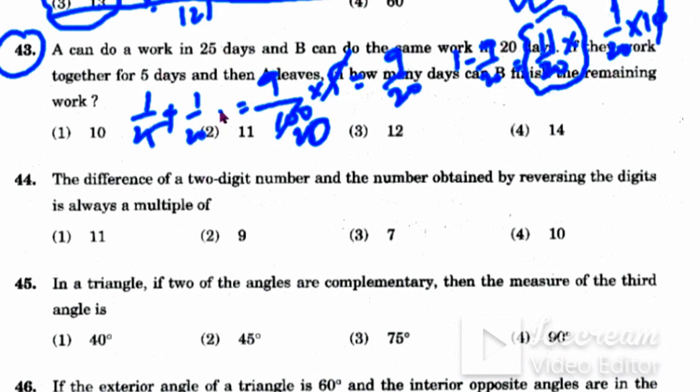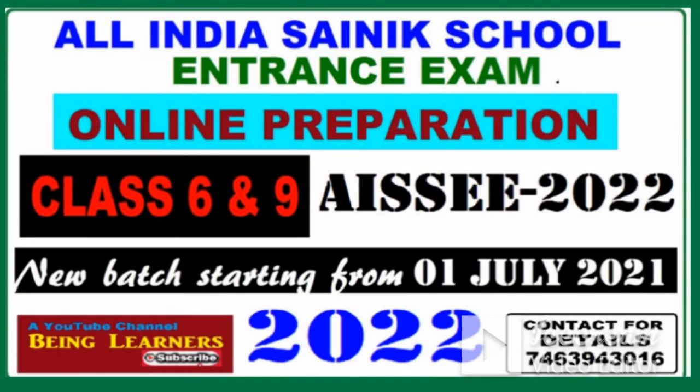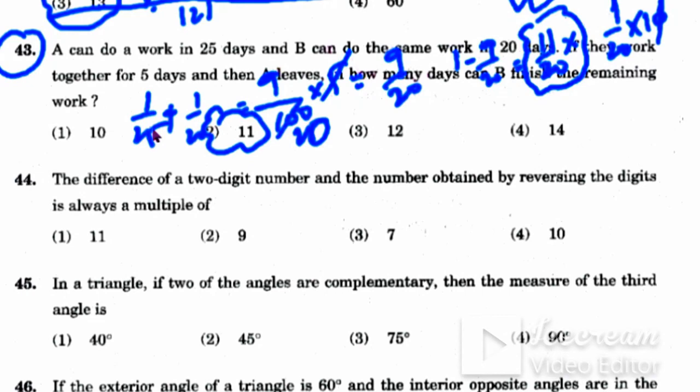Okay, so this is a very easy question. This type of question, if you try to learn the formula and put these numbers in the formula, then you will be confused. So better you understand what the condition is. According to the condition, you can add and subtract and you can get the answer easily. Don't go for the formula. Formula will always confuse you. Okay, now we'll see question number 44.